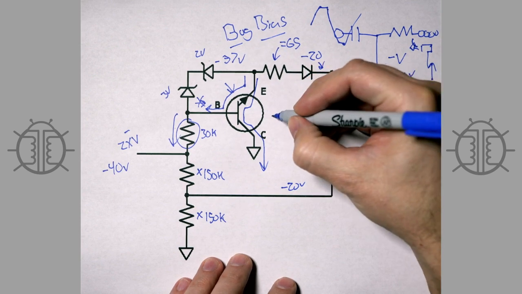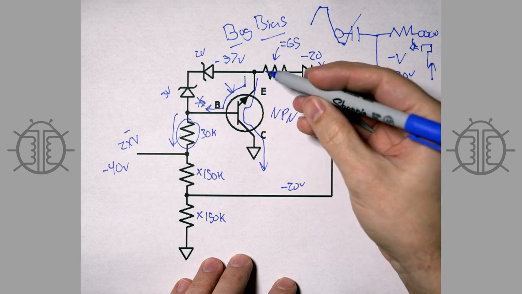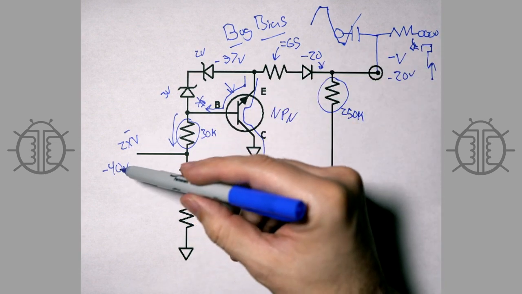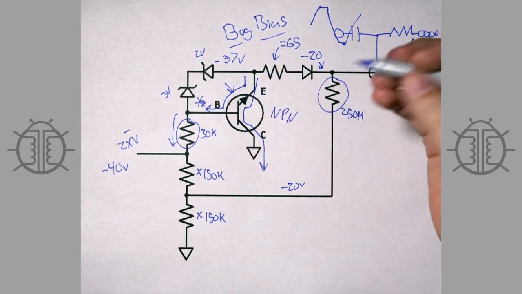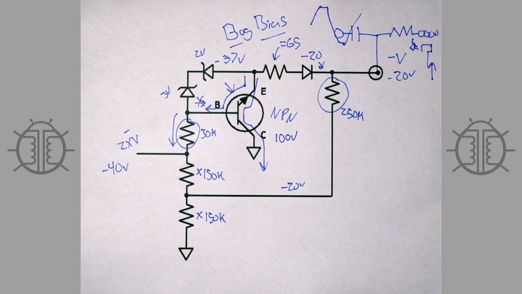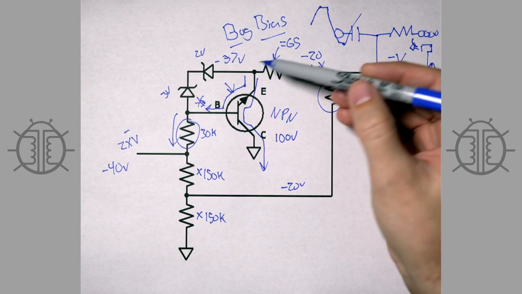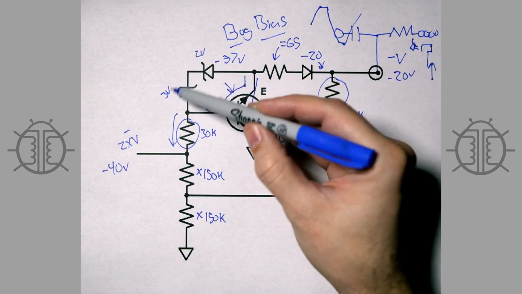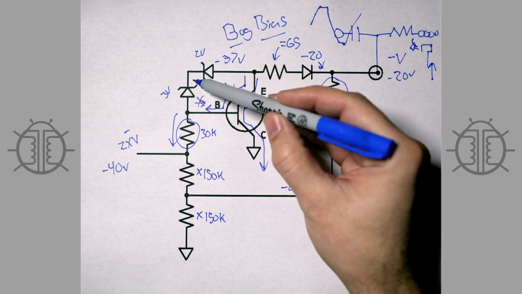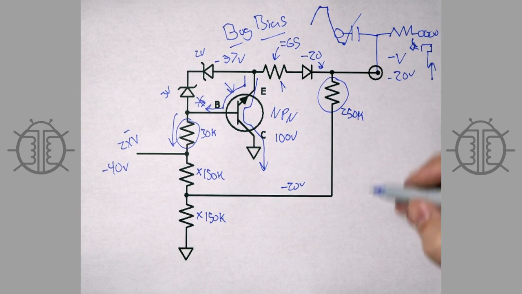Obviously you need an NPN that has a voltage rating greater than the total negative voltage that will be across it. So let's say 100 volts or whatever in this case. It could be down at 40, but you want to play it safe. And you pick these accordingly to your transistor over here, and this accordingly, and you adjust this so that you're